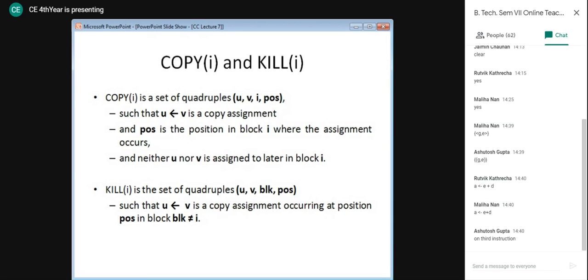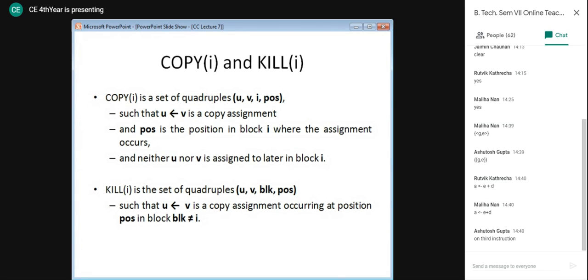Now let's move ahead. The kill set is again a set of quadruples: U, V, block and position. Here the block is not the same as I. If you observe, when we talked about the copy set, the entry in the quadruple was the block itself.